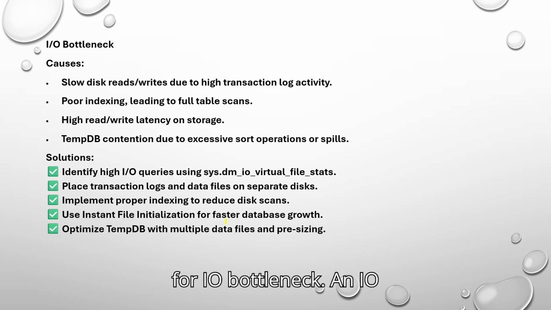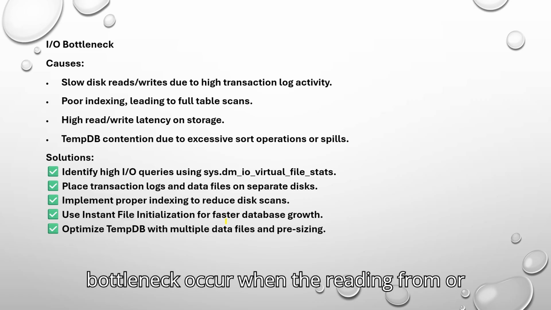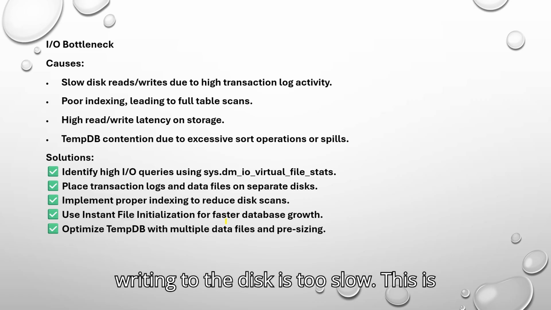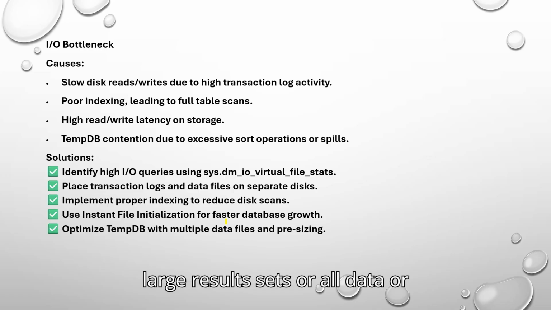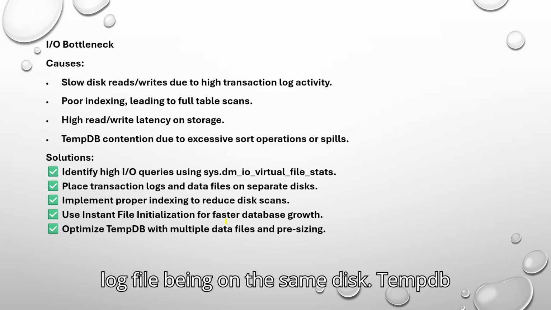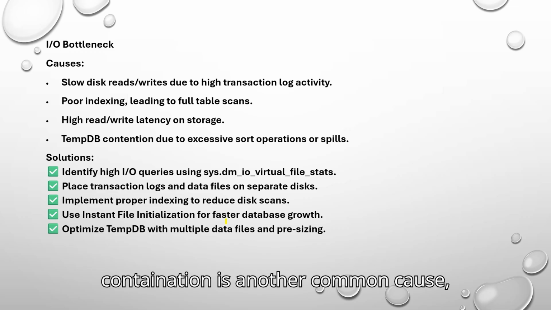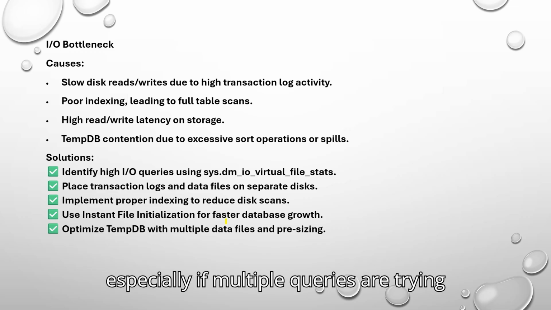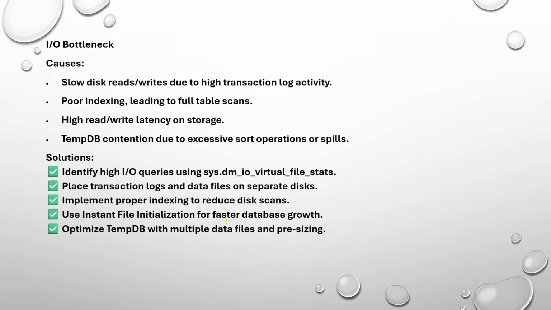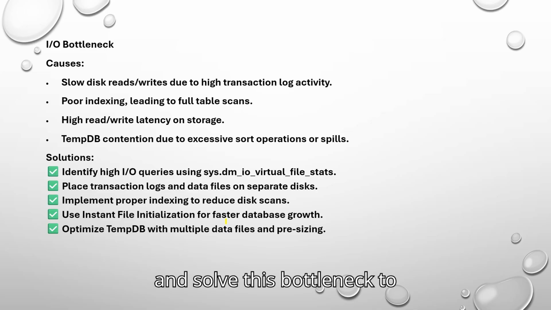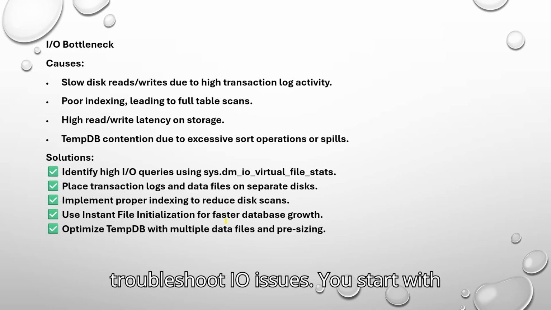For IO bottleneck, an IO bottleneck occurs when reading from or writing to the disk is too slow. This is usually caused by inefficient indexing, large result sets, or data and log files being on the same disk. TempDB contention is another common cause, especially if multiple queries are trying to access TempDB at the same time. To troubleshoot IO issues, start with